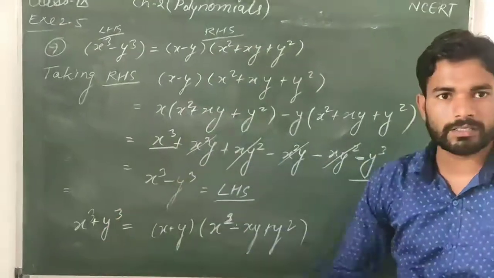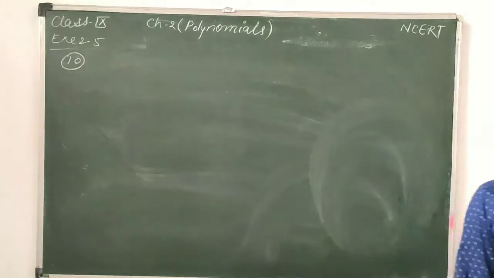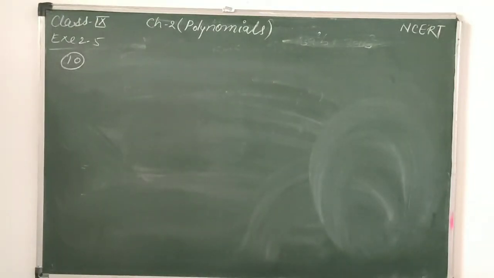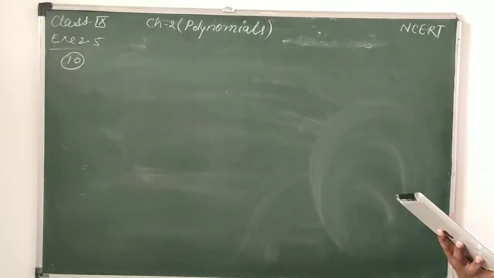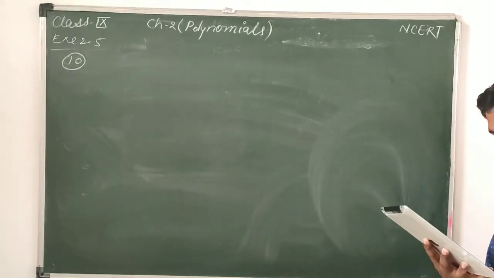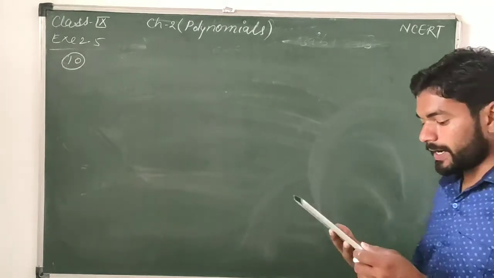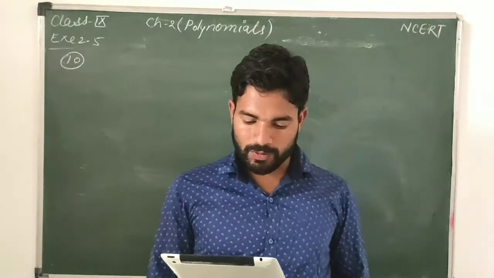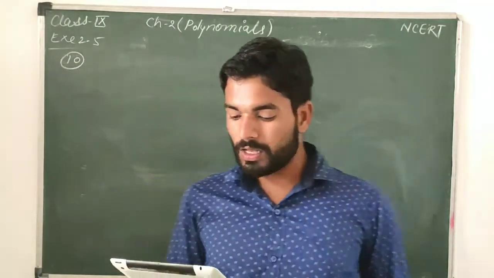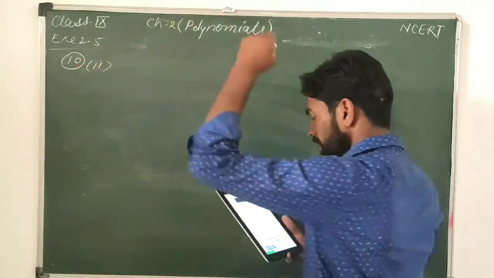Simplify the RHS. Question number 10. The given question is: factorize each of the following. One part I am solving and there are only two parts, first and second. The second part I am solving and the remaining first part you will solve. The second part is, look carefully,